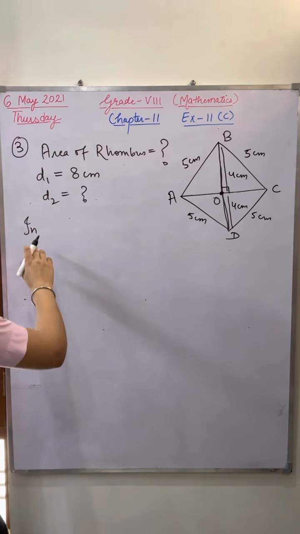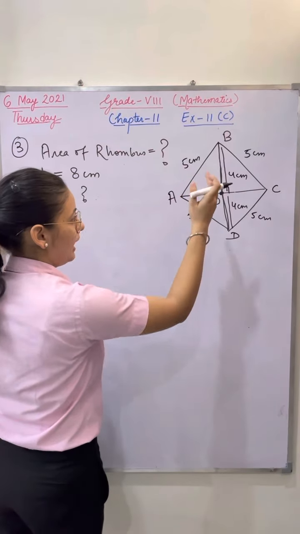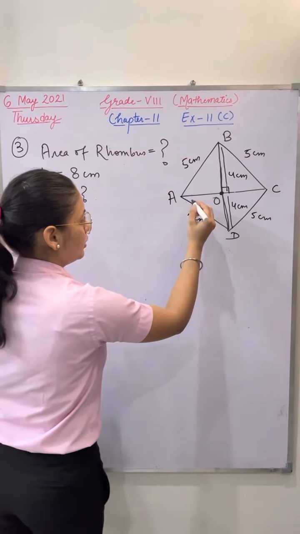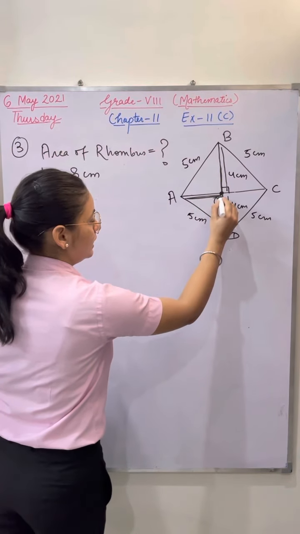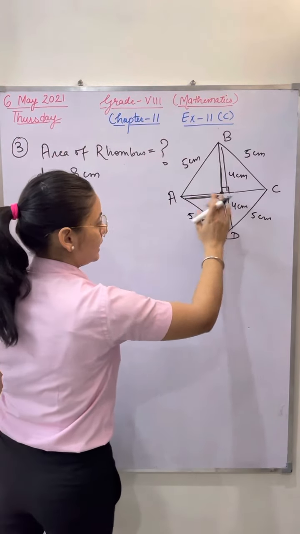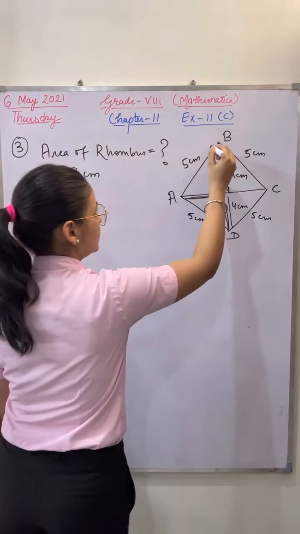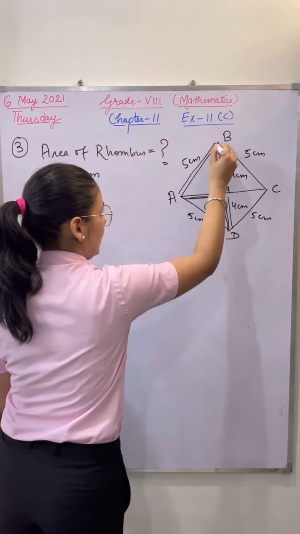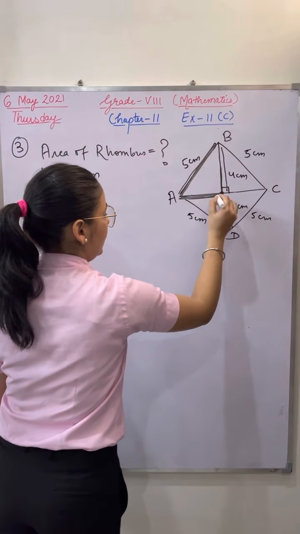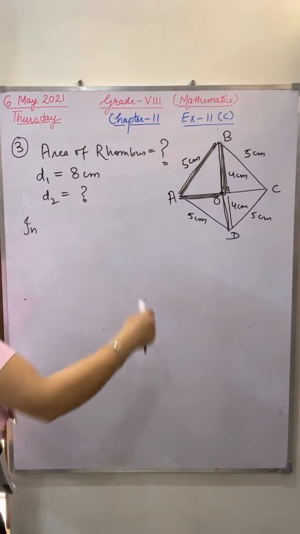Very good. Nikansh said that you have to take any triangle. You can apply Pythagoras theorem on any of the triangles, and then you will take out the length of the half diagonal. Whatever the length will be, suppose this is 5, and the complete will be 10. I'm going to take this triangle, I'm making it dark, triangle AOB. It is visible to everyone?